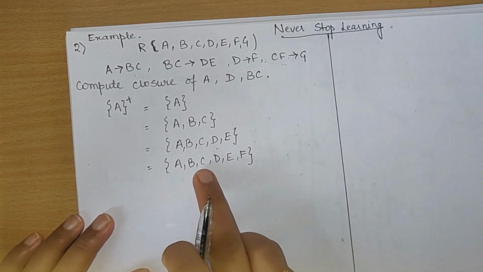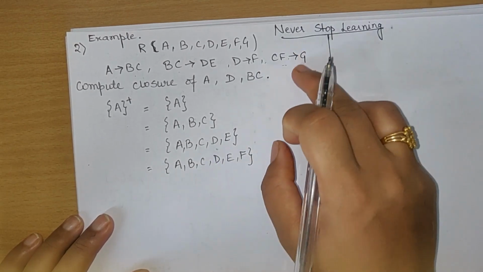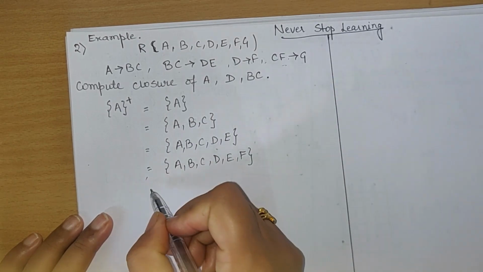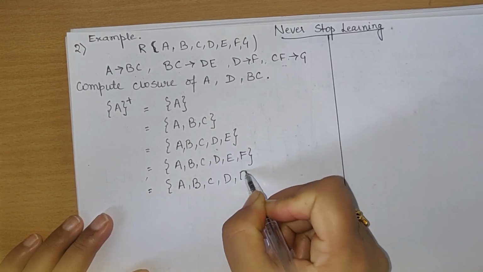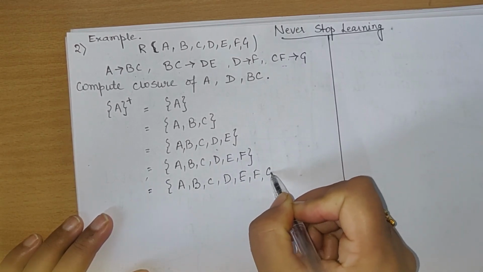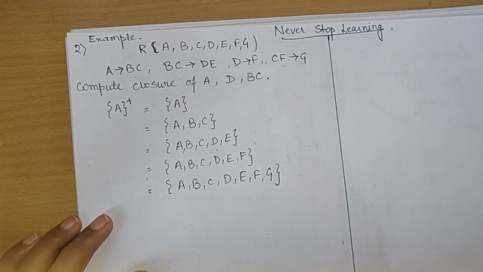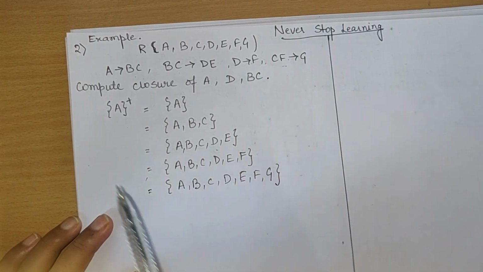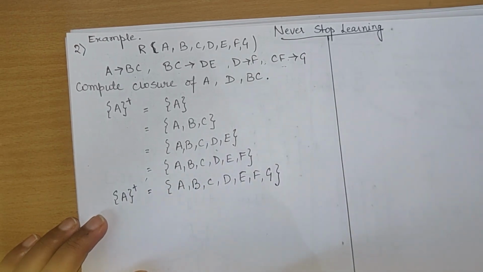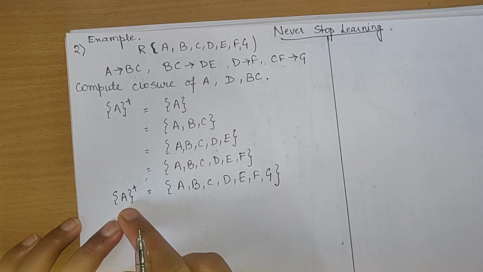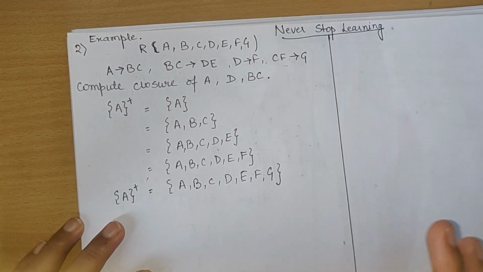Now if you can see from here, C is present, F is present, and together C and F can determine G. So here I can write A, B, C, D, E, F and G. Now there is no other element left which we have to determine. So as you can see, the closure of A gives me all the attributes for this relation R. So if I am saying closure of A is capable of computing this relation R, it is not wrong, right? Next, what we have to do?